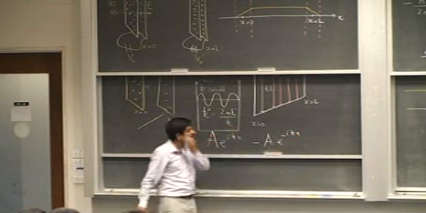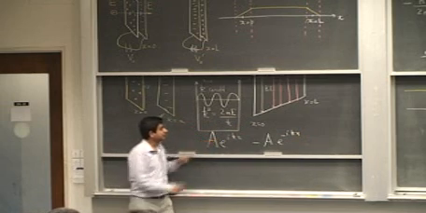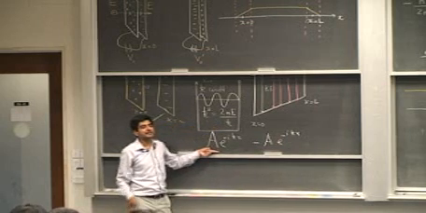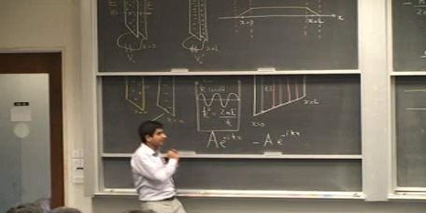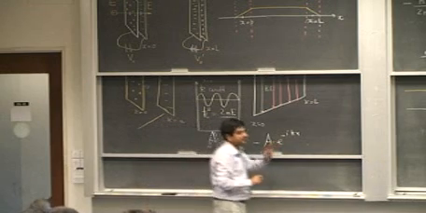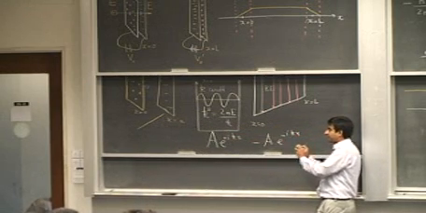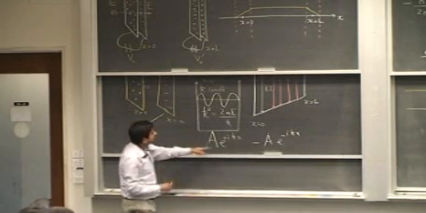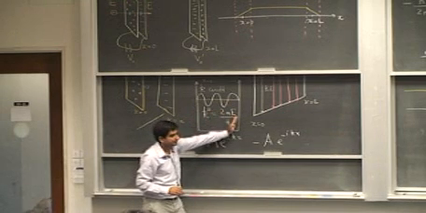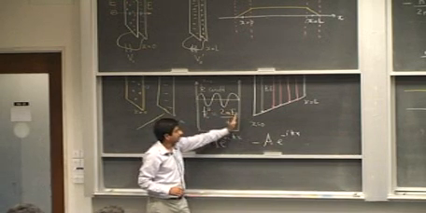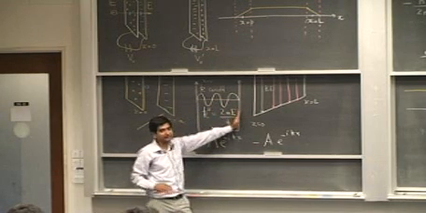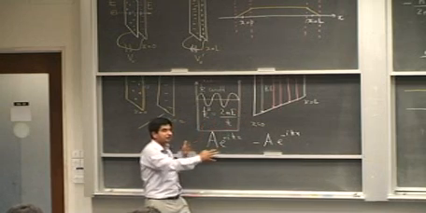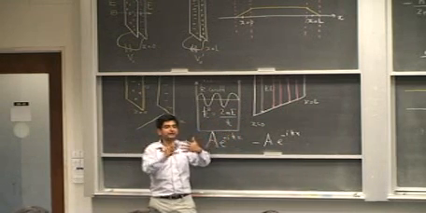Right? This gave us sin kx. So inside the infinite well, we had a term with a positive ikx and a term with a minus ikx. So this represents a wave that is traveling from left to right, and this represents a wave that is traveling from right to left. So this wave travels from left to right, and there is a wave that originates by the reflection of the incident wave from the right wall, and that wave travels from right to left. So the two counter-propagating matter waves interfere,